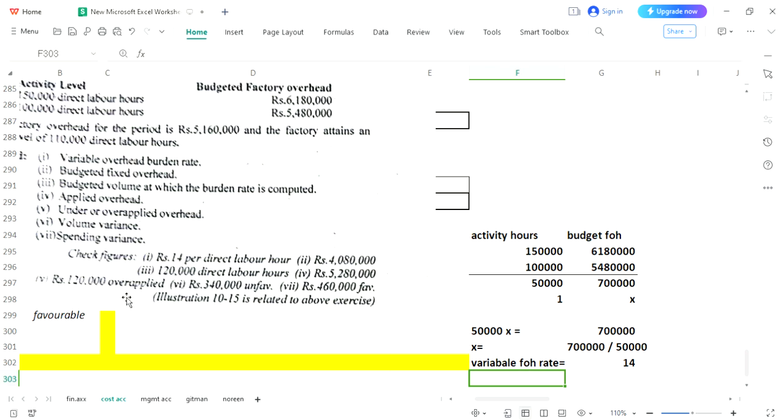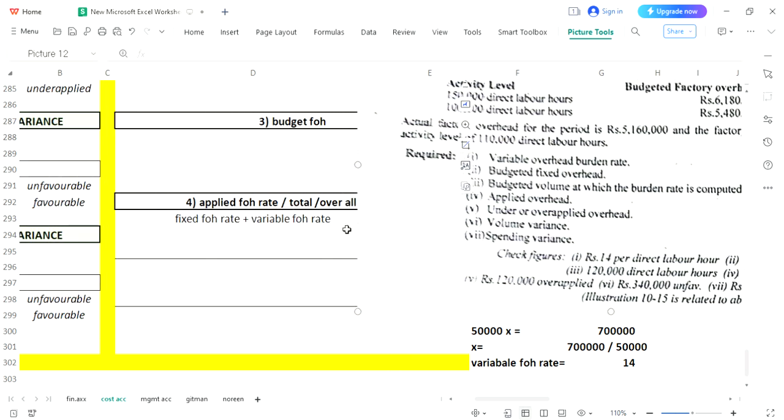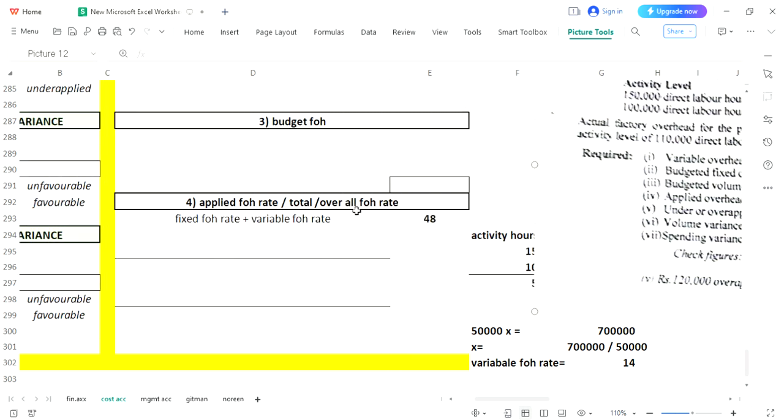And I hope this was the first requirement. Yes, variable burden rate or variable overhead rate, that is 14, and 14 we have calculated. Now let me know how this will help you. We'll go back to our proforma, and you can see that 48 was the total FH rate. It was given in the question, and you have calculated your variable FH rate,